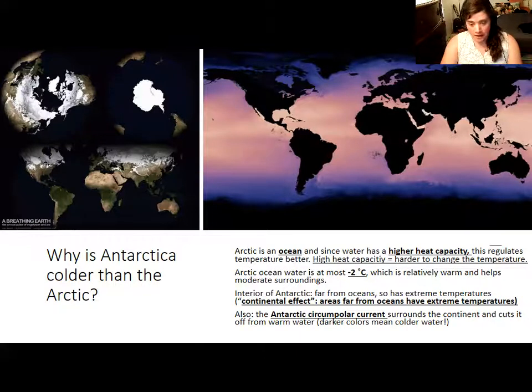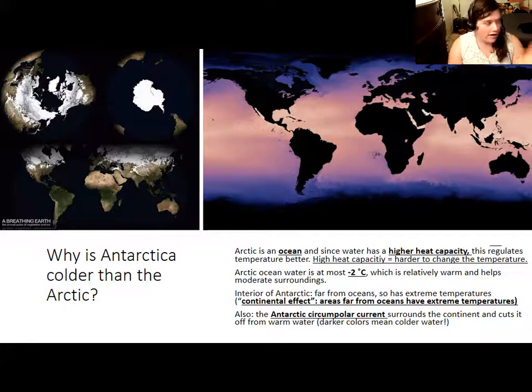So what does this mean? It is much easier to change the temperature of rock than it is to change the temperature of water. If it's easier to change the temperature of something, that means more wild temperature fluctuations. So the ocean actually regulates temperature very well because it can absorb a lot of heat without changing temperature much, and it can also release a lot of heat without changing temperature much. So that means that generally by the coast, including by the coast of Antarctica, you have milder temperatures. You saw in the last slide that the temperature is much less horrifying on average at the coasts than in the interior, and that's because the ocean is there.